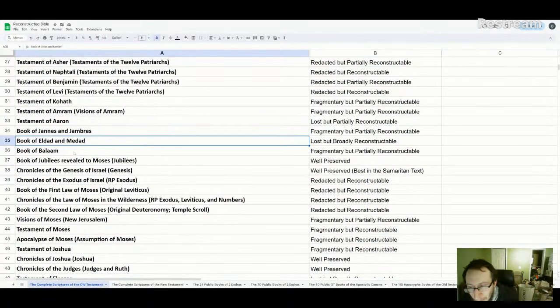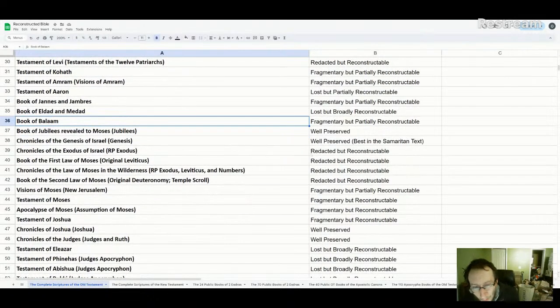We have, interestingly, for the Book of Balaam, something called the Balaam inscription, and it preserves for us a dream vision of Balaam. So that's kind of a cool thing right there. But I believe there was a Book of Balaam that recorded all the prophecies of Balaam, and so we would have had an account of what Balaam did with Israel in this Book of Balaam from the Book of Numbers. So we can use the Numbers story to kind of reconstruct that as well.